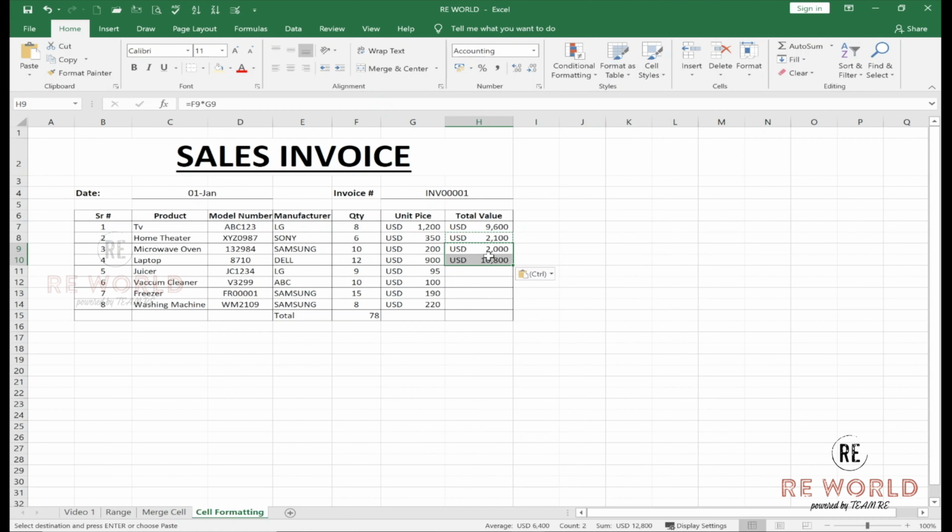Paste, so it copied. Or the easiest way is, once we have applied the first formula, simply go to this right bottom dot, click the mouse left button and drag until here. So it is now automatically dragged, and if you see the formula, F7 into G7, F and G11, and let's come here, F and G14. Now the total of product is 78, the total products the customer has bought.